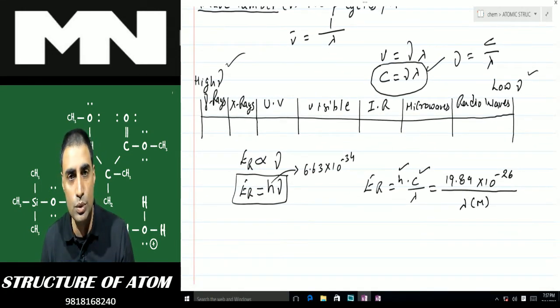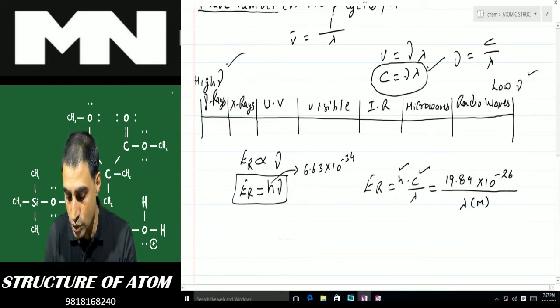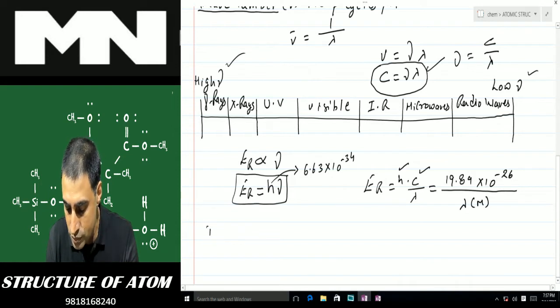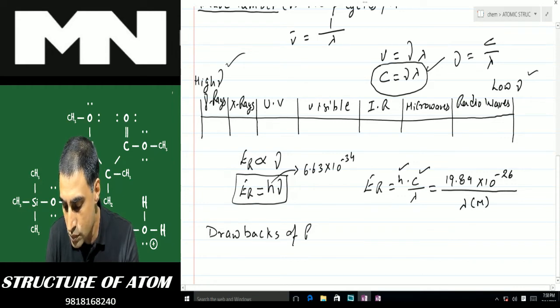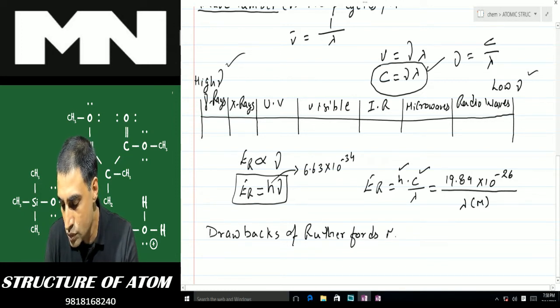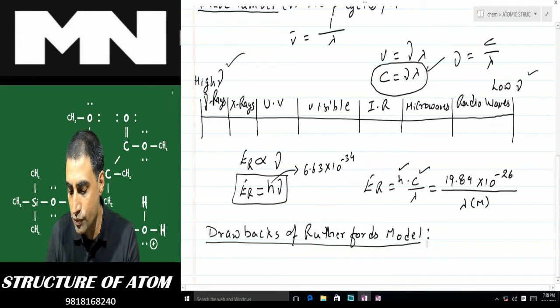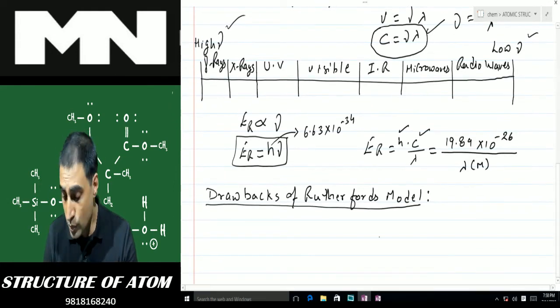Now we'll move on to the drawbacks. As I told you earlier, there were certain drawbacks of Rutherford's model. So we'll see the drawbacks of Rutherford's model. Well, the first drawback was